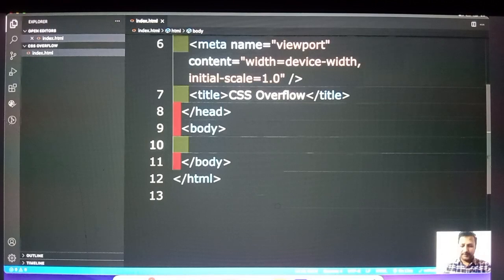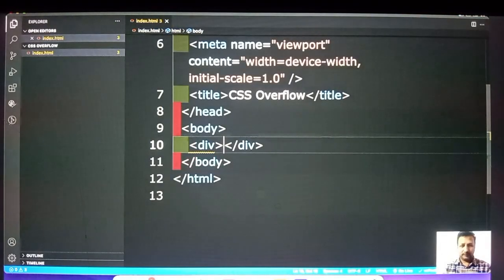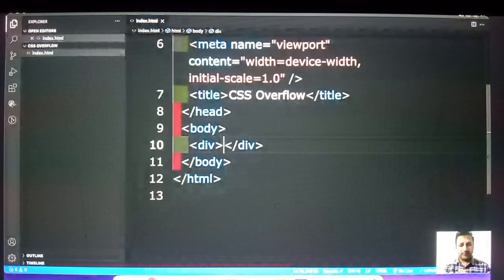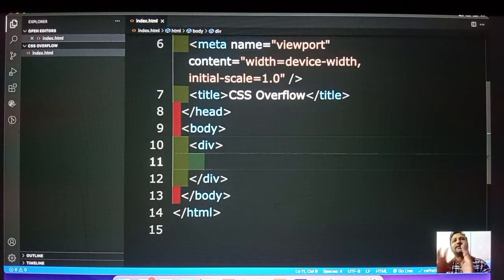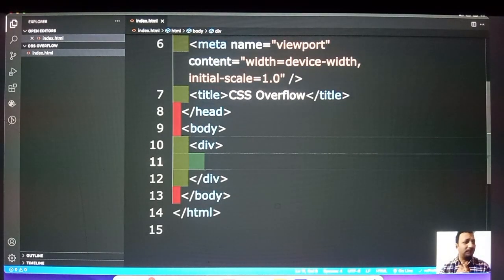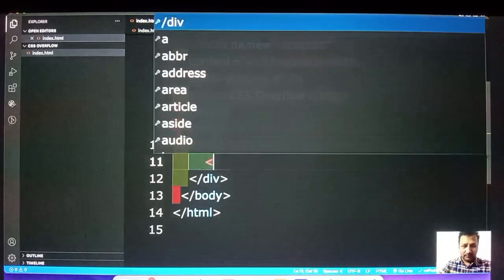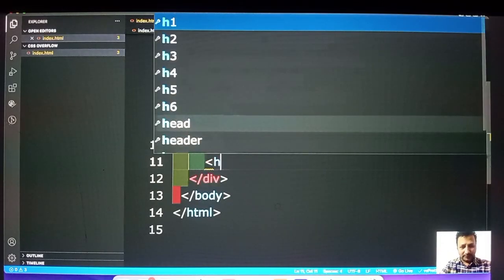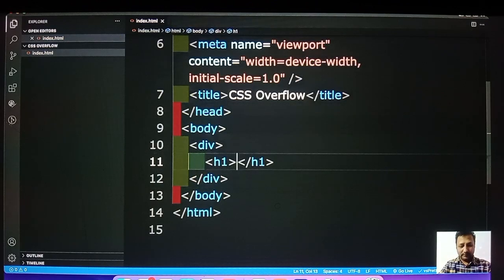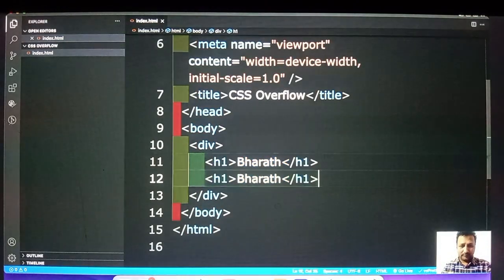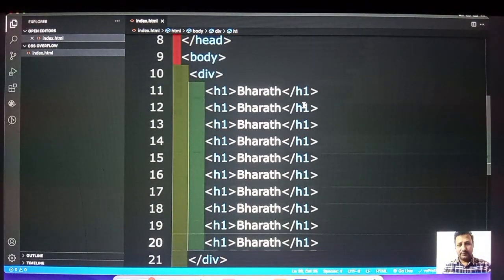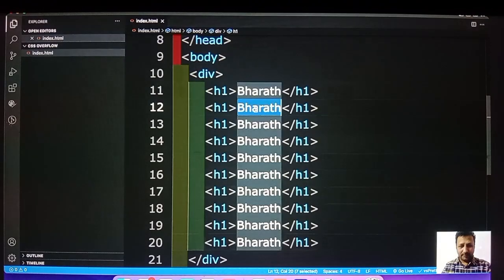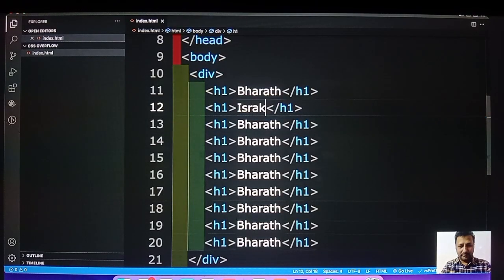I'm creating a div, right? And inside this div, I wanted to display some country names. Now what I will do, I'll say H1, Bharat, 1, 2, 3, 4, 5, 6, 7, 8, 9, 10. Bharat, then Israel,